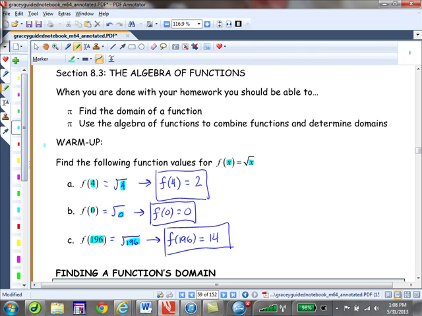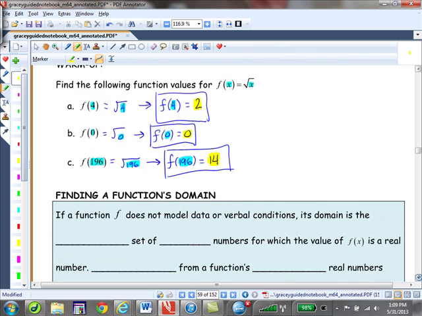And one other thing I wanted you to realize: if you were evaluating these function values for the purpose of graphing the function, these would be your x values, and the end result would be your y values that correspond. So you'd have the ordered pairs (4, 2), (0, 0), and (196, 14). Okay. So, moving right along,